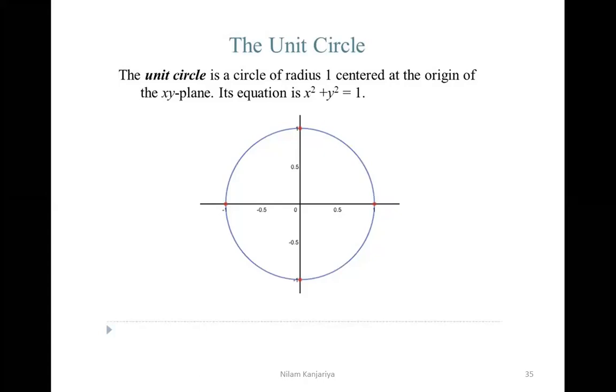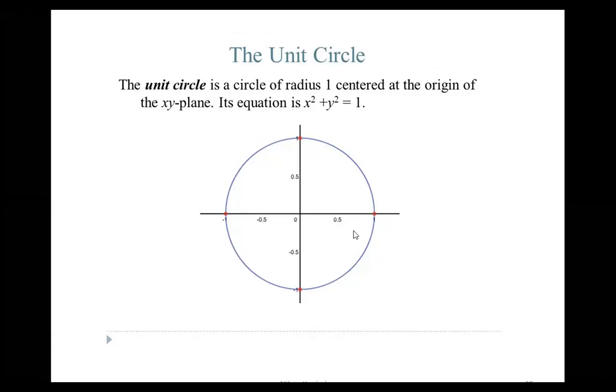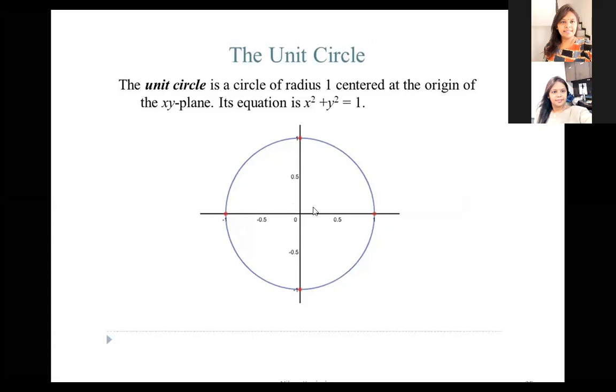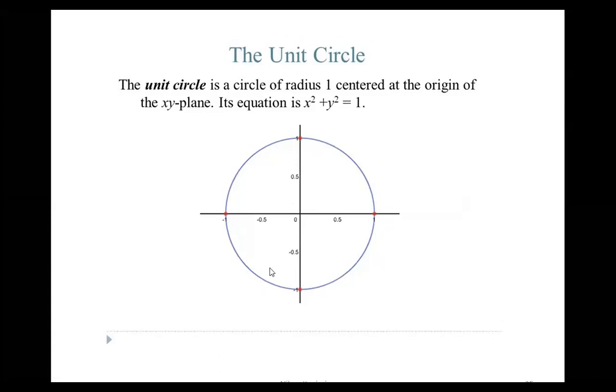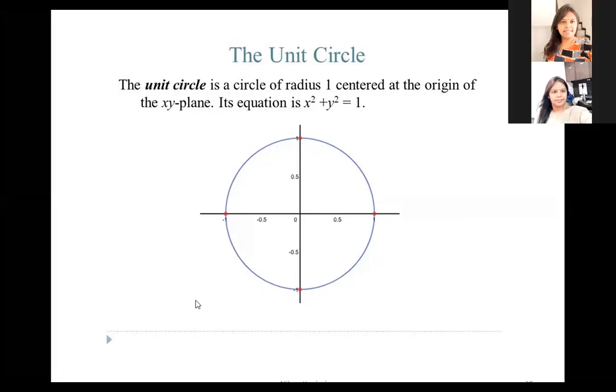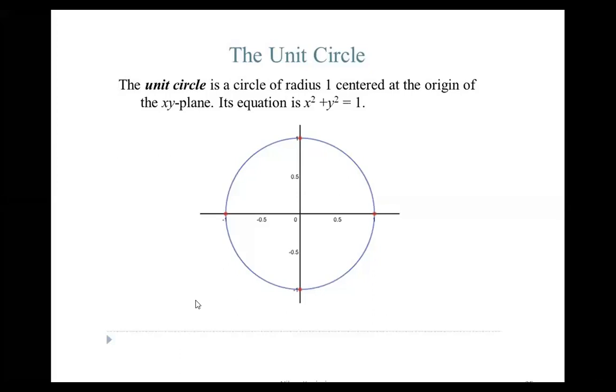So here suppose this is your circle whose radius is 1. Here it is 0.5, again it's 0.5. The length from the center to the circumference is known as the radius. So everywhere your radius is 1. So this is the unit circle. The unit circle is very important to find the complementary angles. So first of all, look here.